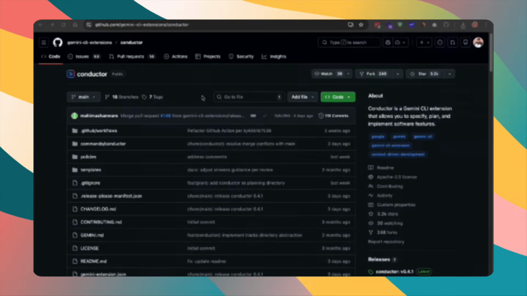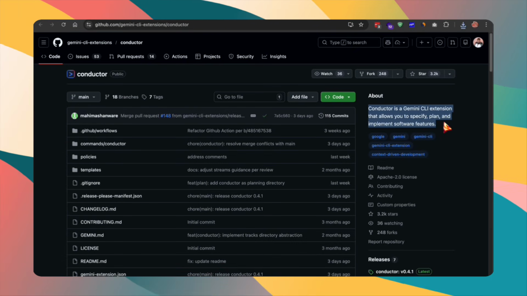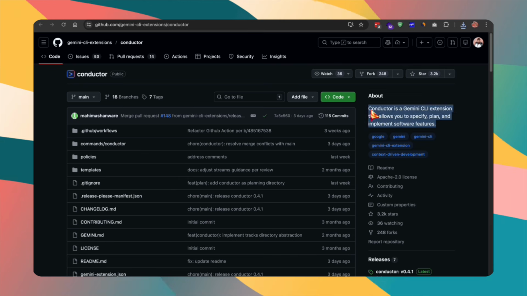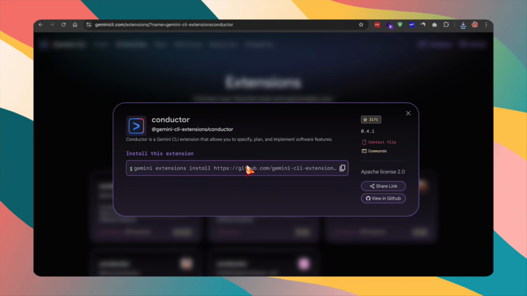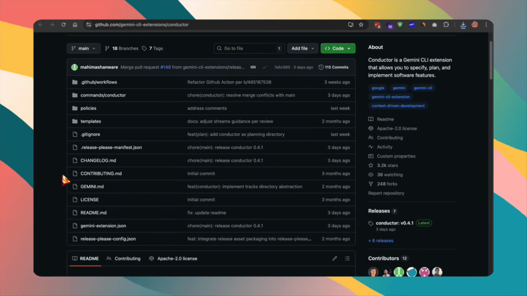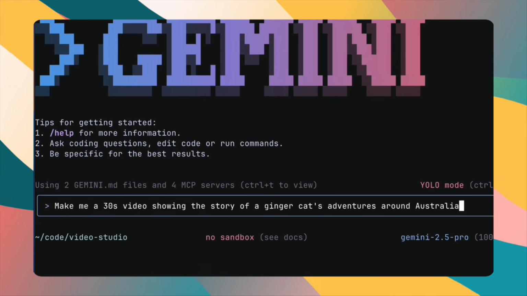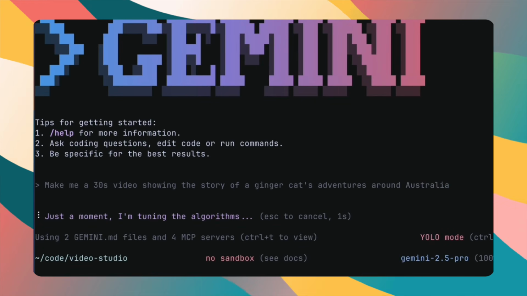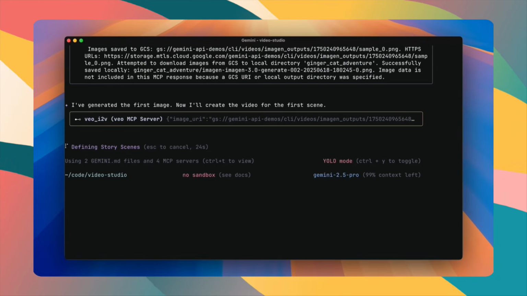Conductor is a free extension for Gemini CLI that Google released back in December 2025, and honestly, it changes how you work with Gemini CLI in a pretty meaningful way. It's not a separate product, it's not a paid add-on, it's just an extension you install into the Gemini CLI you probably already have. And what it does is bring a proper structured development workflow into your terminal so that